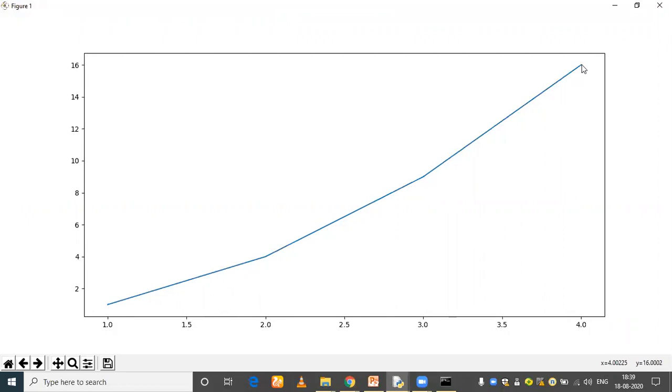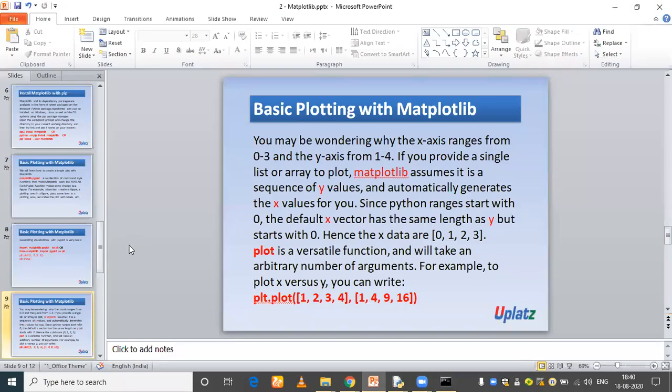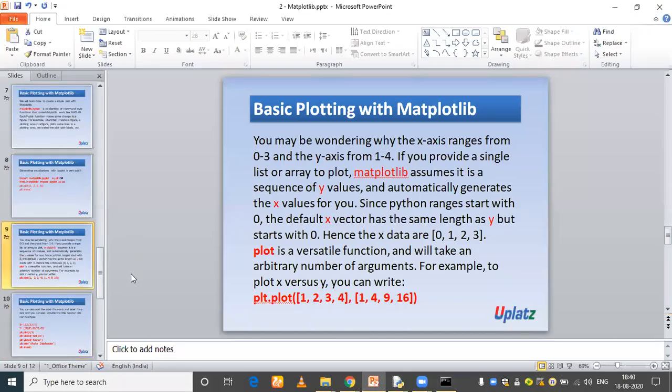Yeah. This means it is 1, comma 1, then 2, comma 4, then 3, comma 9, and 4, comma 16. These are the points. These are the coordinates. Got it? Are you getting it?